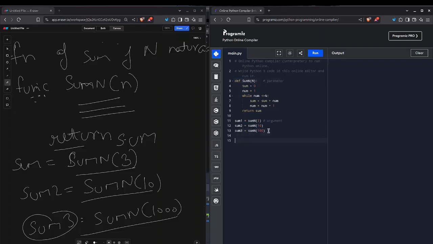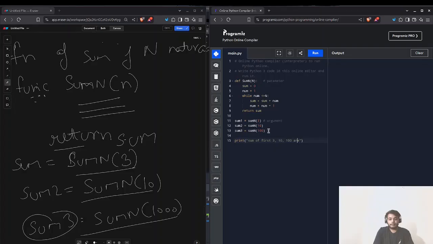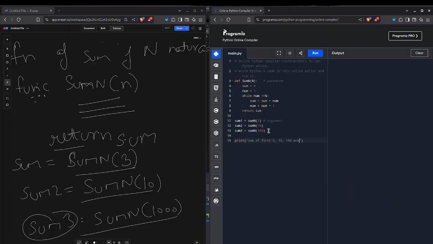And let's print our values. Print sum of first 3, 10 and 100 are, then comma, because we want to print the sum in the same line.